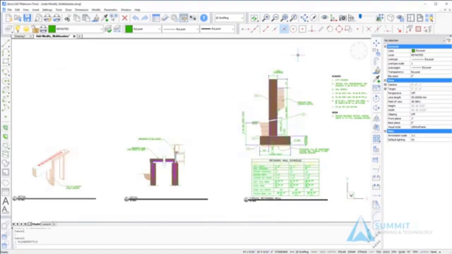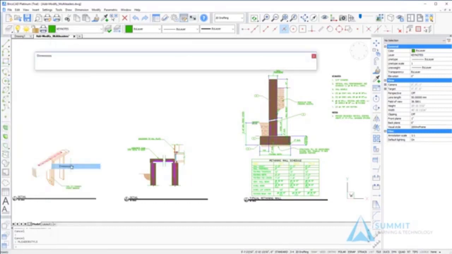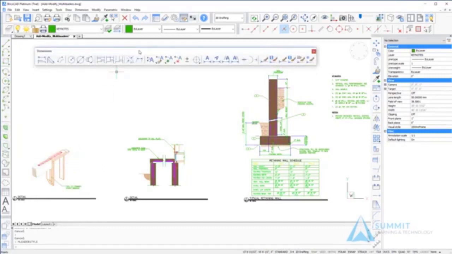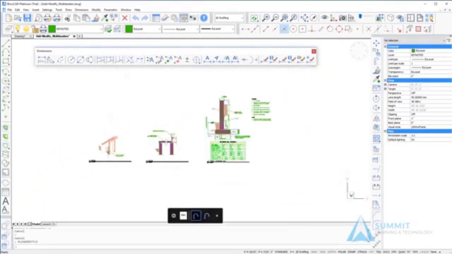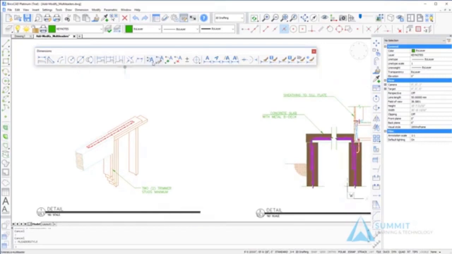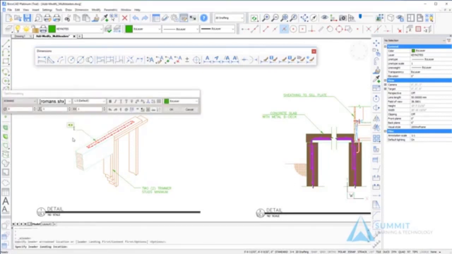So having done that, we're going to go ahead and create our first set of multi-leaders. Before doing so, I'm going to turn on my Dimensions toolbar for quicker access to the multi-leader command. I'm going to begin by selecting the multi-leader command and selecting a nearest point here, dragging to the next location for the leader, and then entering the text as required for the note. Left click in the drawing to complete the command,